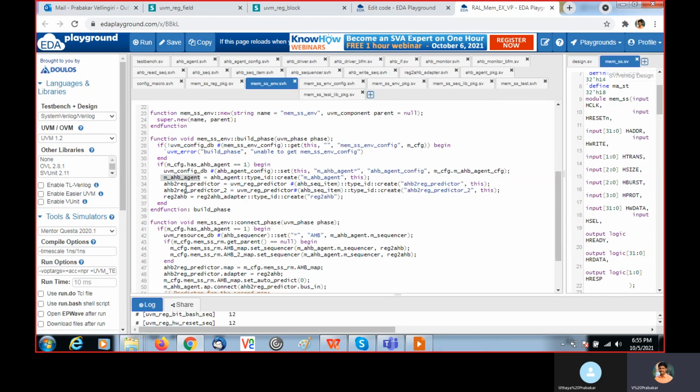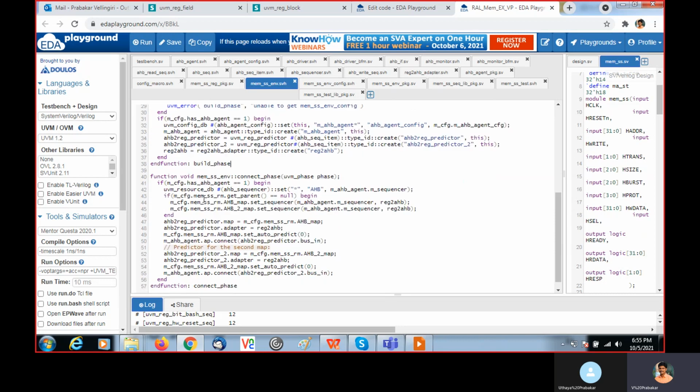The agent is created and the predictor we instantiated, right? So for that we are creating using the create method, and predictor 2 also we created, and the adapter we are creating. Then next in the connect phase,